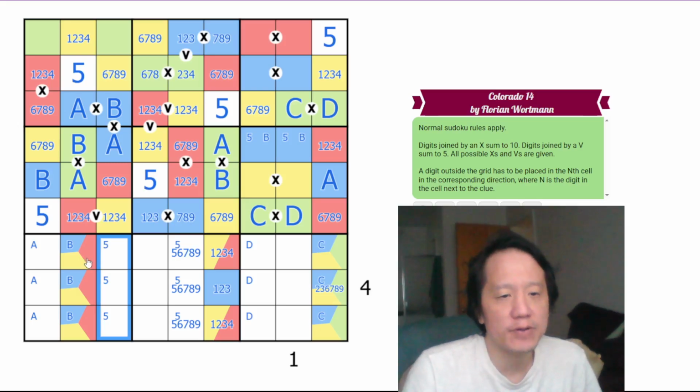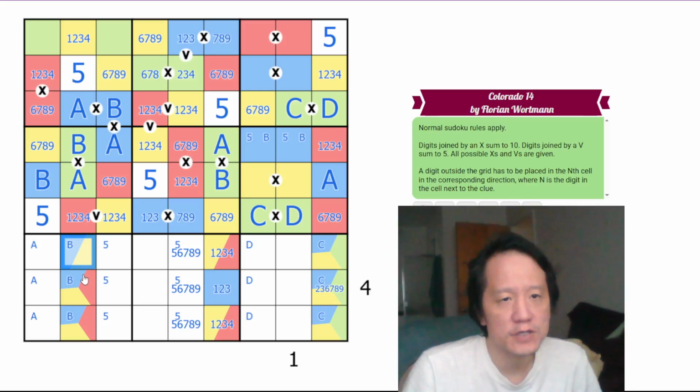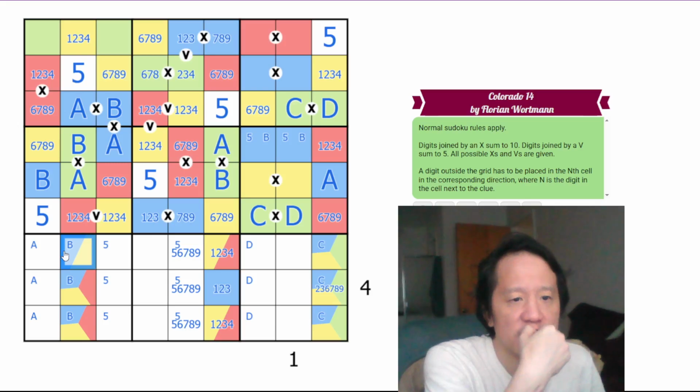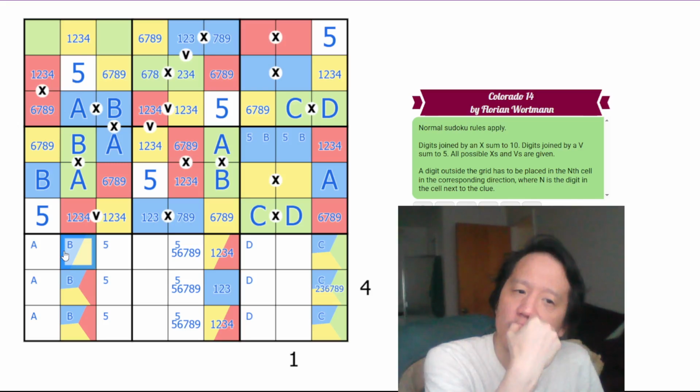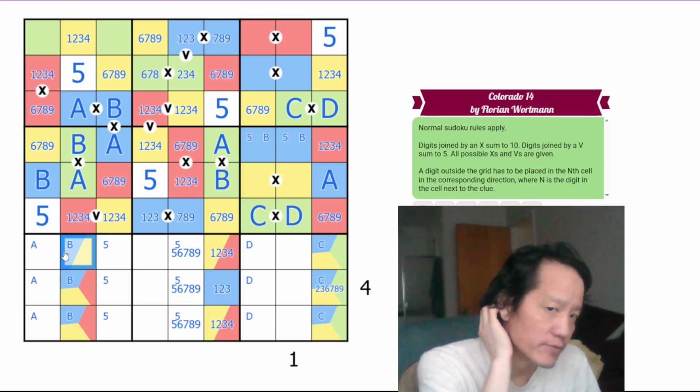This cannot be red, because if this were red, this would have to add up to 10. So this is blue or yellow. It's either the B version of blue or it's the high yellow. Okay. Does that tell us anything? I'm not really sure. Anyways,